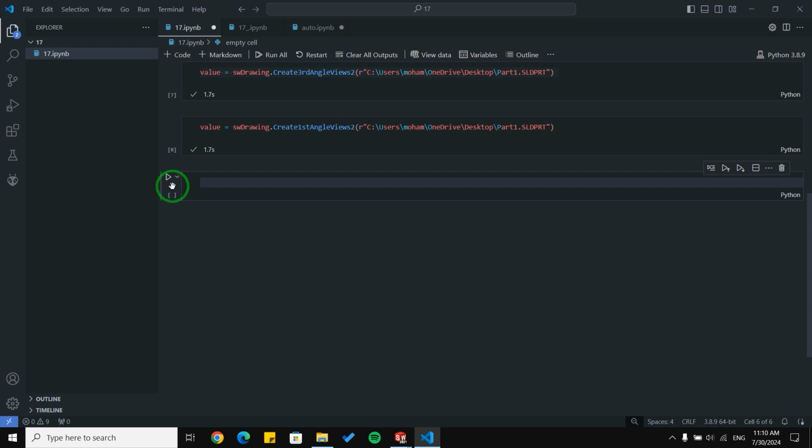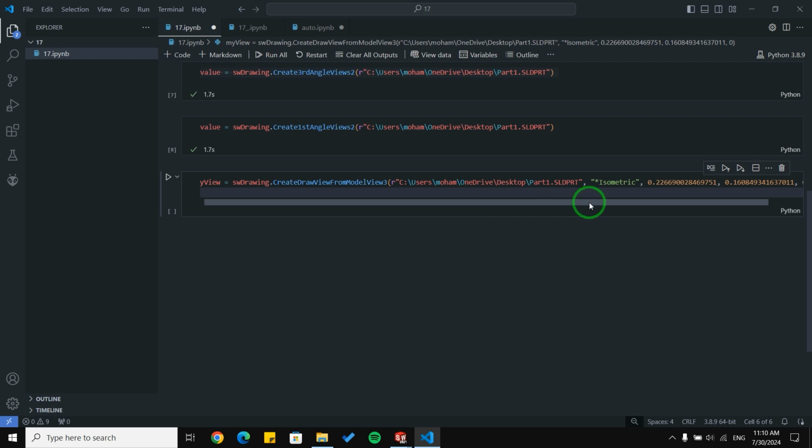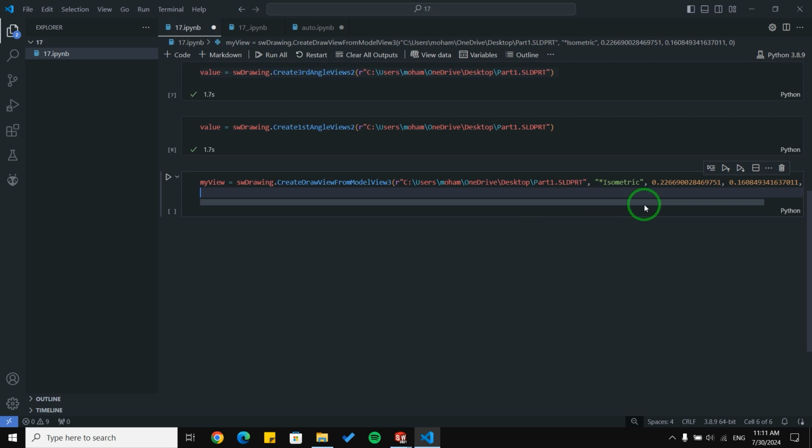Okay, I'm going to write some code here, and I want to create a draw view or model view for the isometric view. First, I'm going to specify the part name or the address of the part. Then I'm going to say which view I want. I said isometric. And then here we have the location where I want the view to be placed.